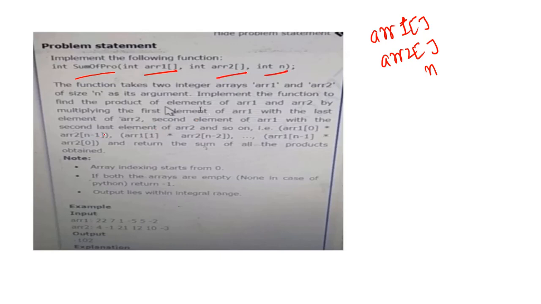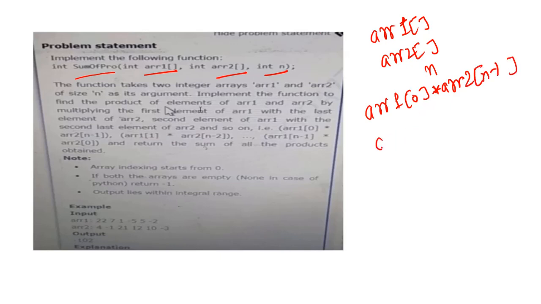Now what you have to do is find the product of elements of arr1 and arr2 by multiplying the first element of arr1 with the last element of arr2, the second element of arr1 with the second last element of arr2, and so on. Okay, so this is what we have to do. Basically, you have to do arr1 of 0 multiplied by arr2 of n minus 1.